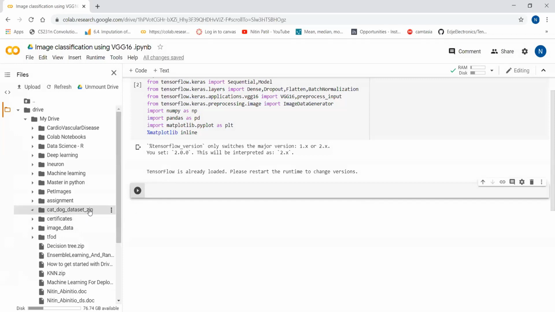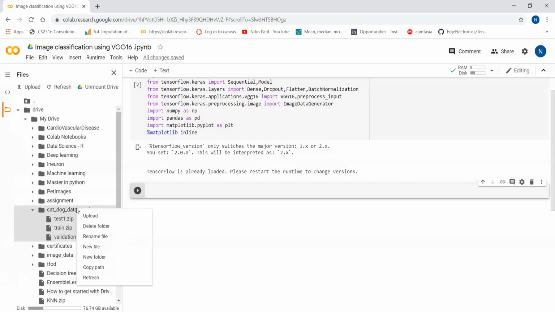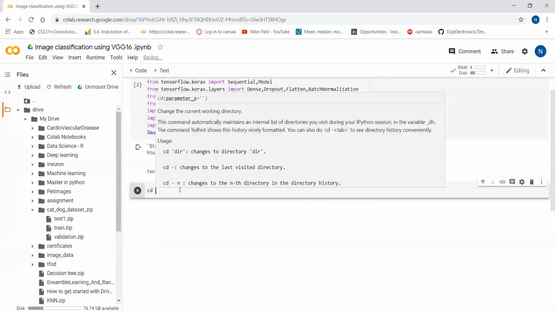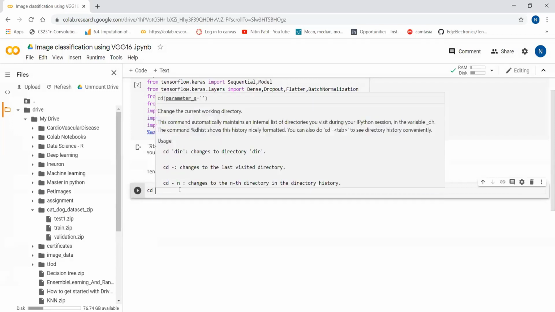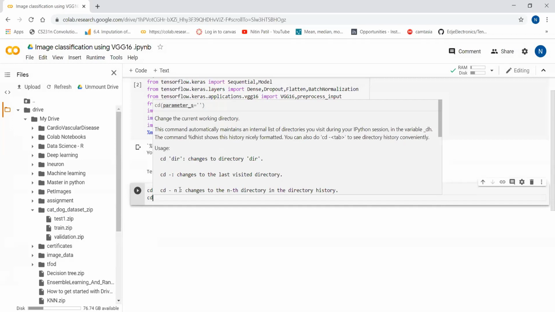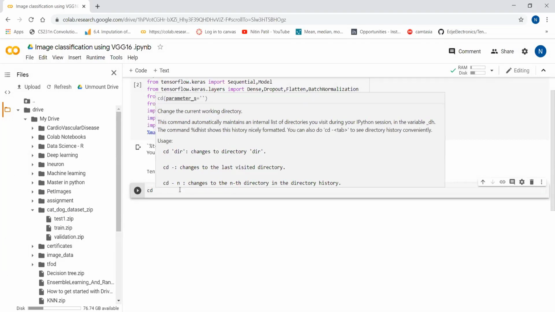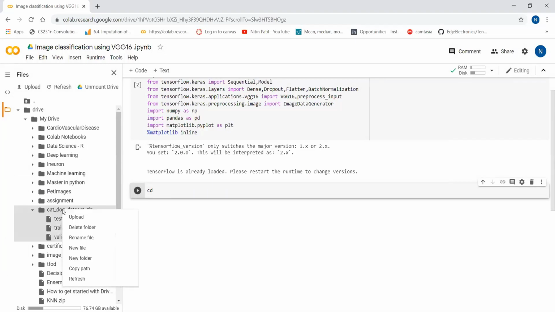So in the cat dog zip folder, I have two files. First I will go to that path, copy path I will say, then cd. Just a minute, let me copy again, there was some issue.